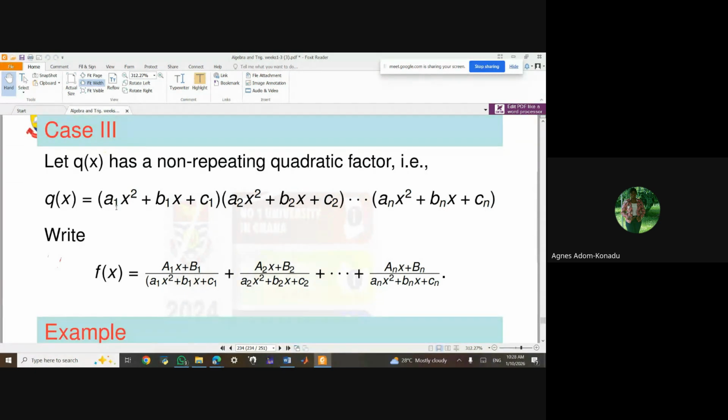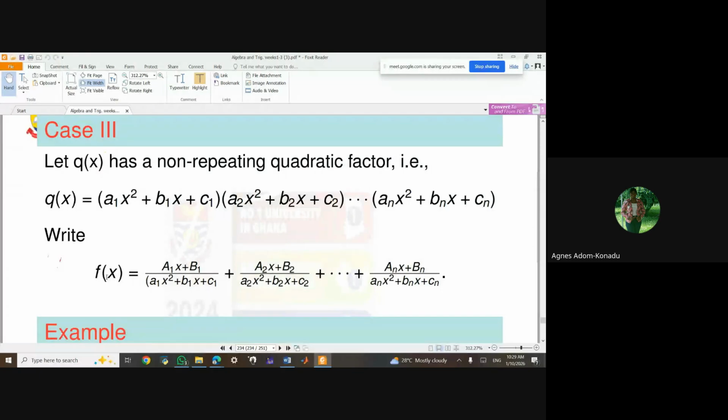Now, if the factors are written as a quadratic function where the discriminant is less than 0, so where the factors are imaginary, so if the factors of the quadratic equation are imaginary like this,